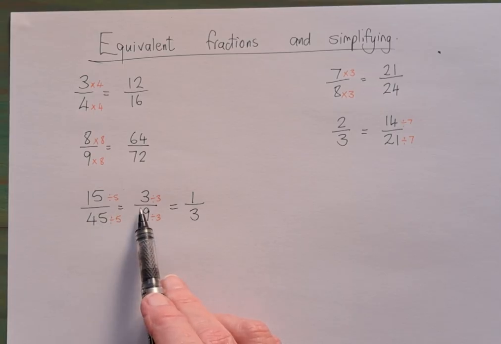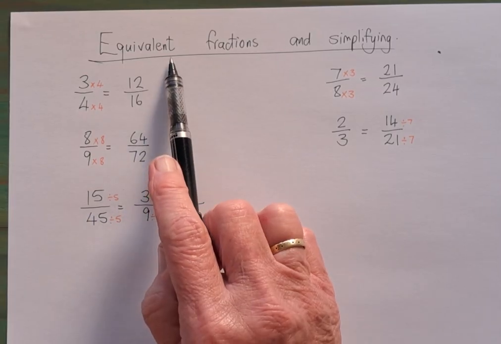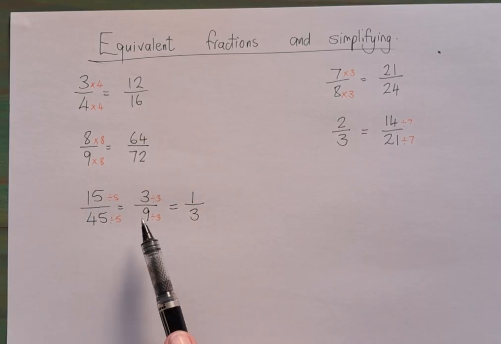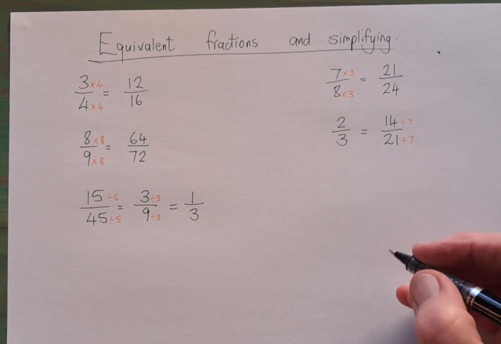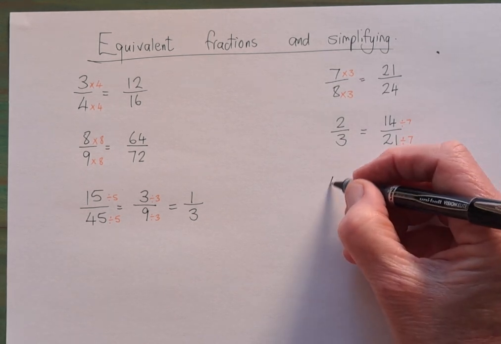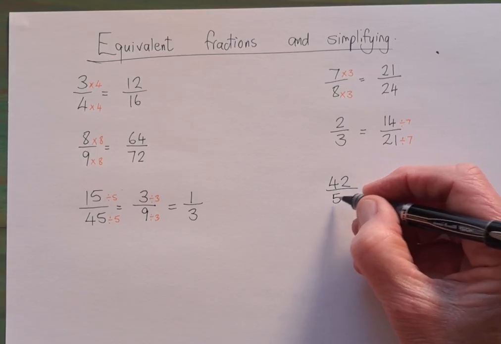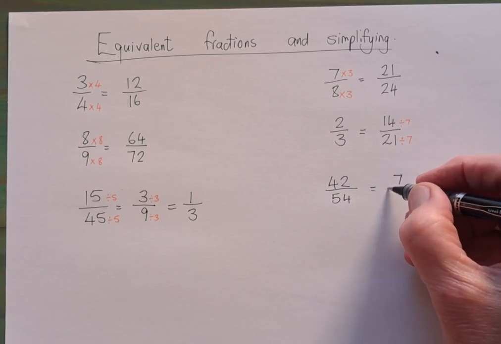So all 3 of these fractions that look completely different are all equivalent fractions, because if you break it down into pizzas, cut it into 45 and eat 15 of them, cut it into 9 and eat 3 of them, or cut it into 3 slices and eat 1 of them, you will have eaten the same amount of pizzas in every single case. Let's look at 42 over 54, and that's been given to us as being 7 over